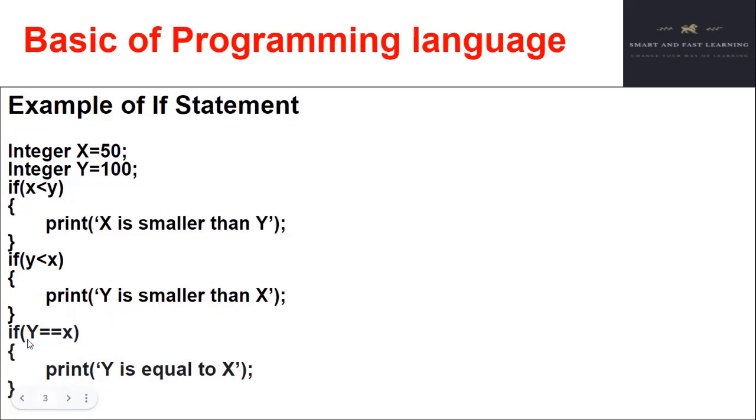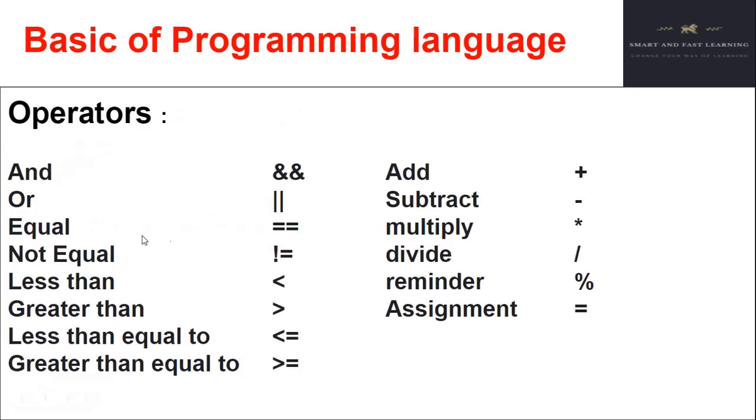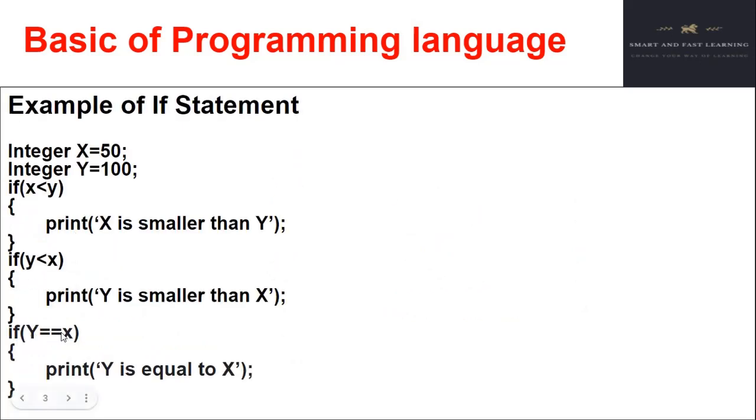After that it will check y equal x. This is checking the equal operator. We have discussed it already, I think. Let's see. Equal is an equal operator. It will check for equality. So y equal x? No. y is 100, x is 50. These are not equal, so this will also not run.